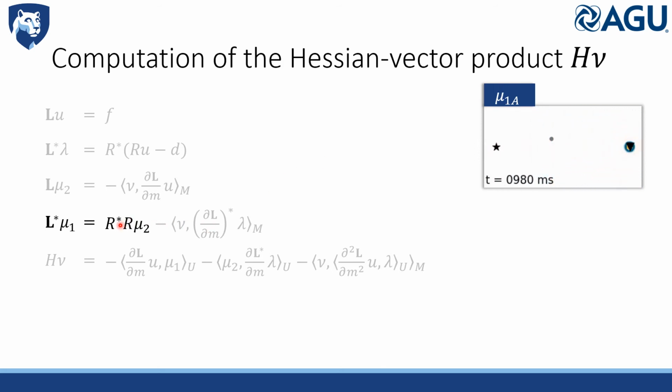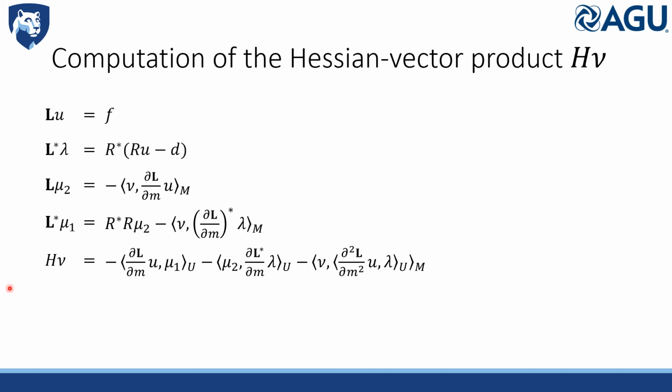Next one is the second order adjoint simulation. Its adjoint source has two terms, so we call them part A and part B, and consider them separately. The source A is R star R nu2, which means the nu2 is sampled at the location of the receiver and the other points equal 0. So mu1A shrinks to the receiver just like the lambda. Part B of the adjoint source involves the interaction with nu. So again, it only has non-zero value at the scatterer, so mu1B shrinks to the location of the scatterer.